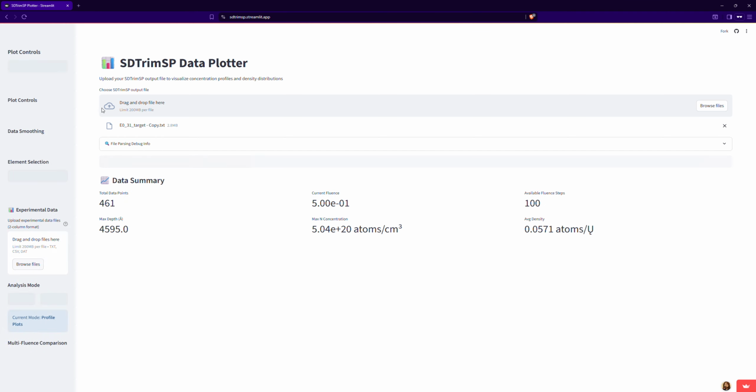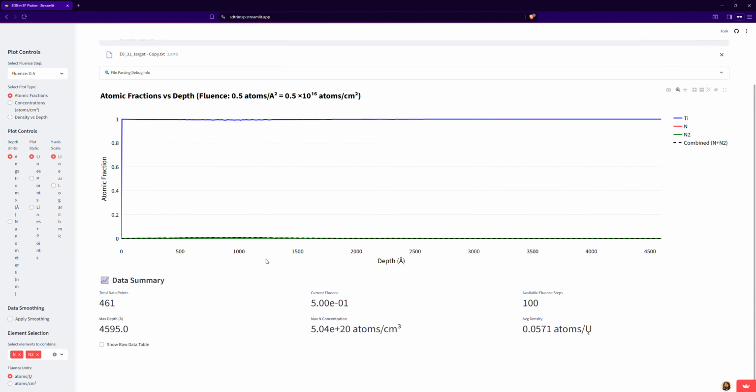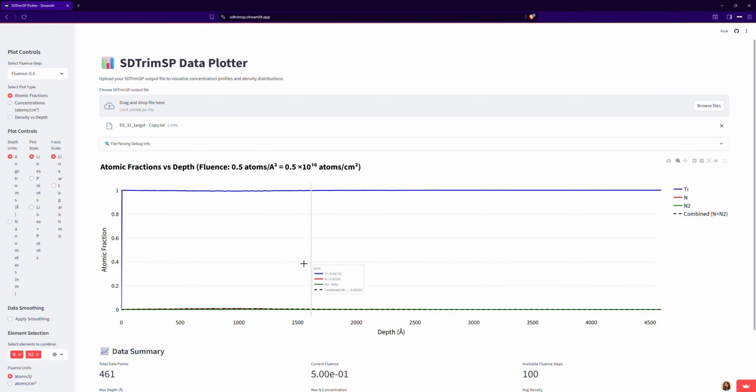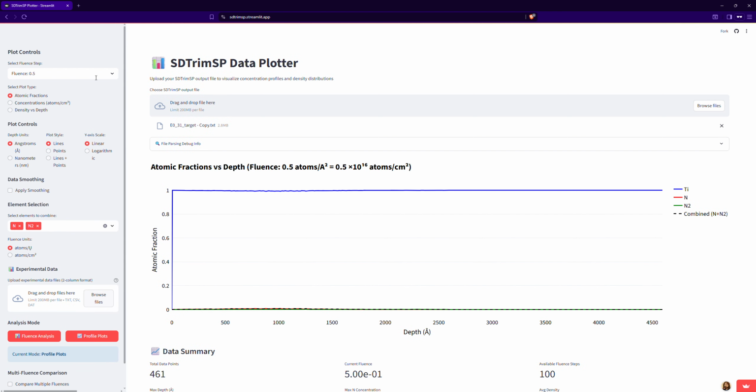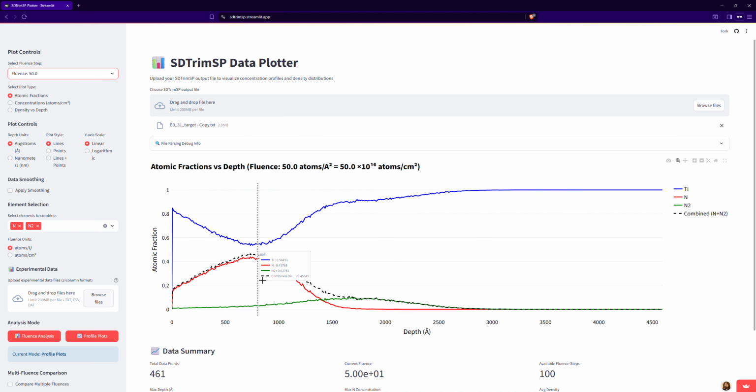and once it's uploaded you will immediately see the plots of each atomic fractions depending on the depth and for selected fluence. And you can change the fluence here from the sidebar, so I can go to higher fluence if I want, and I can see, for instance, this is